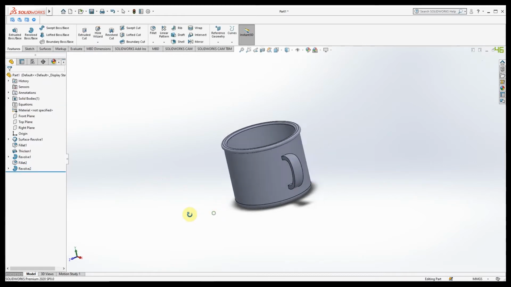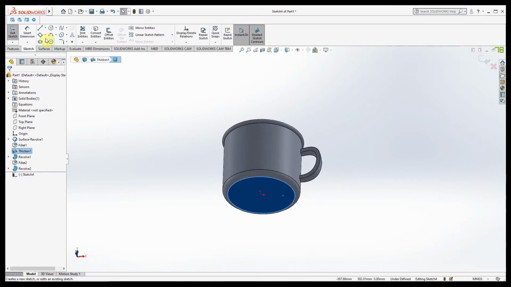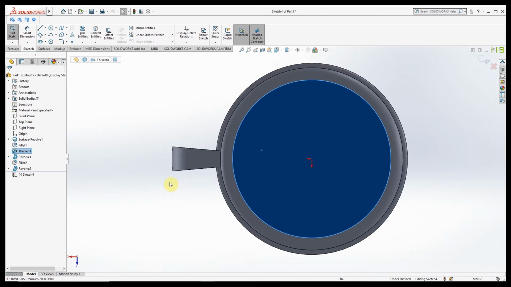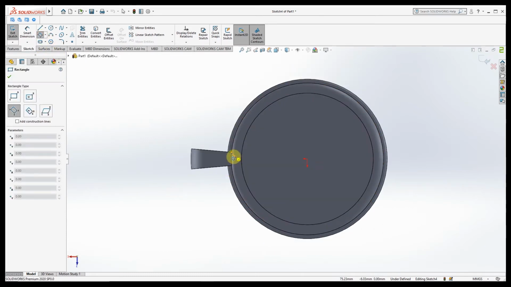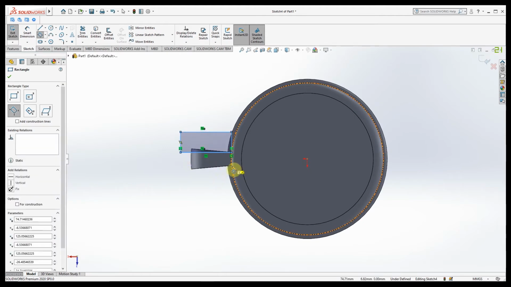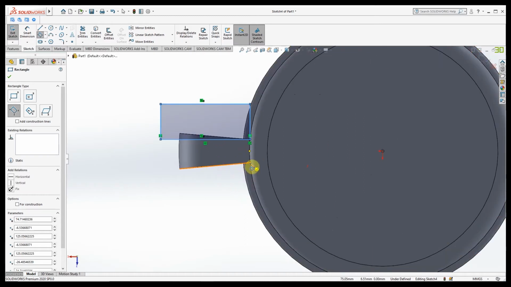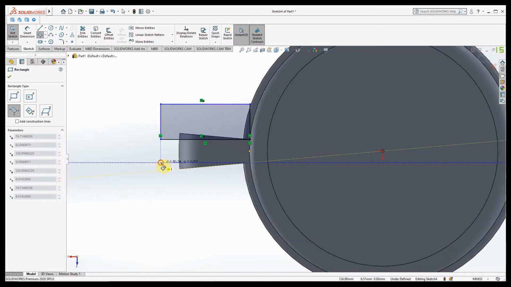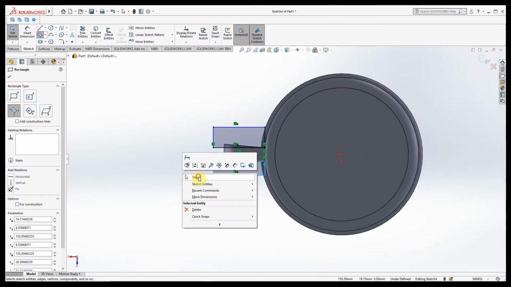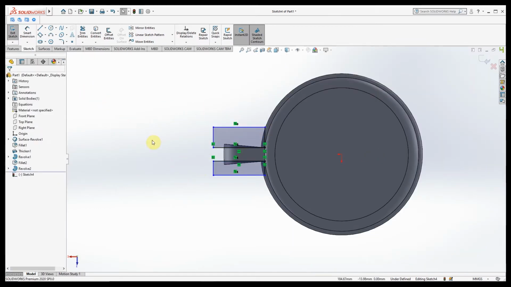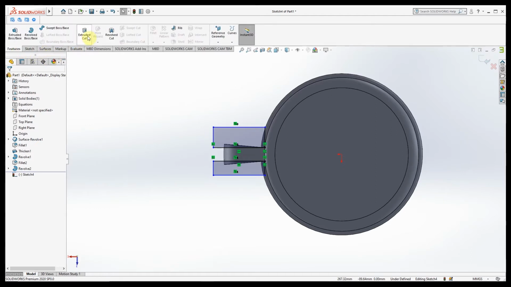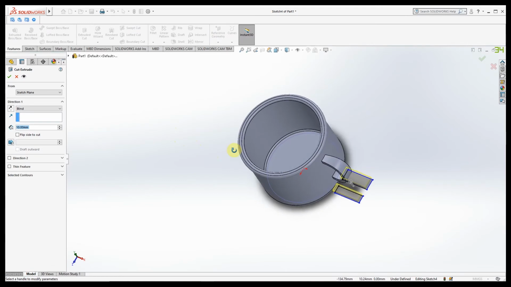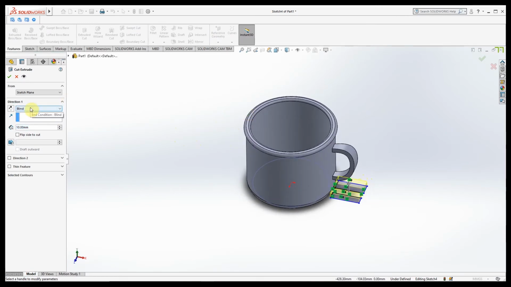So now give OK, and now there is some curve like structure. We see there is a 5 degree angle that we don't need, so we need to cut it off. So draw some rectangle here using the edge point. Yes, like this, and we will cut off the outside sections, so that our handle looks more realistic and more natural.